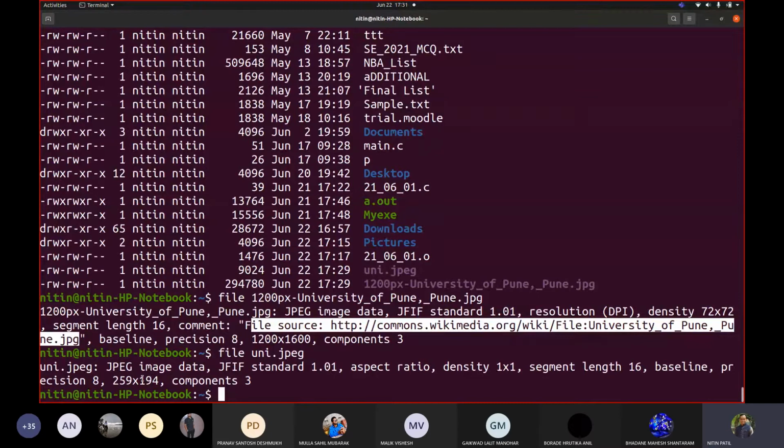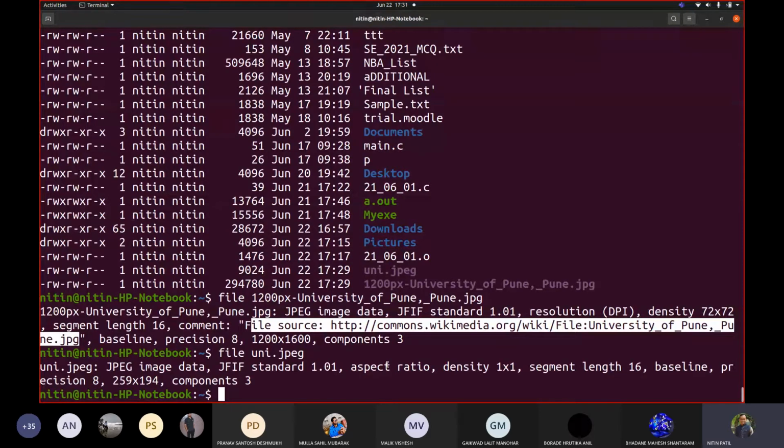Components 3, resolution is there, precision is added, baseline is added, segment length is added. Only one new thing is this comment. Look, density is there, and in place of aspect ratio there is resolution above. So there is a small change in both descriptions.